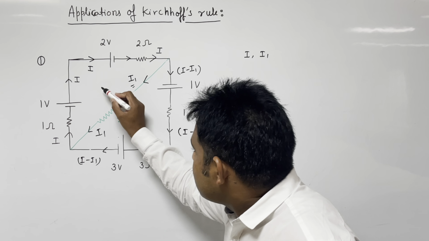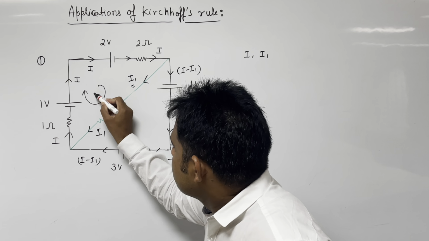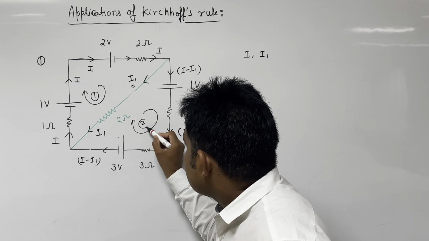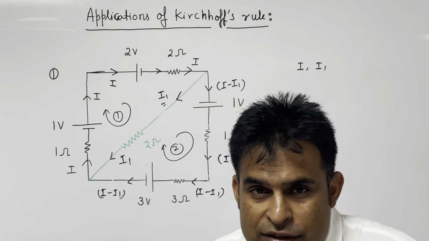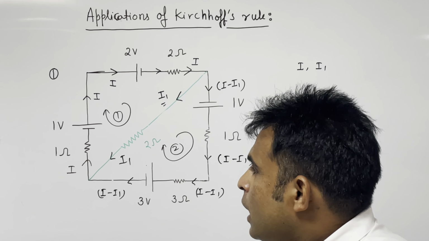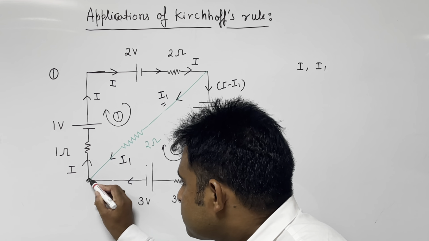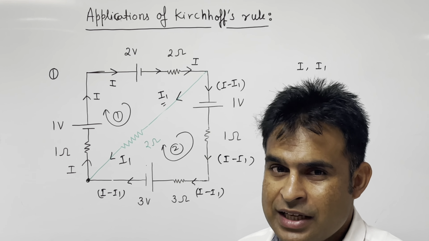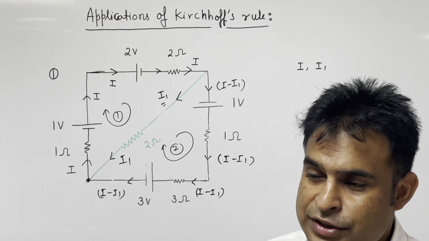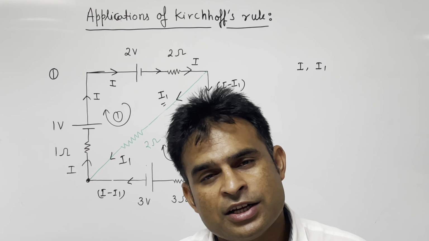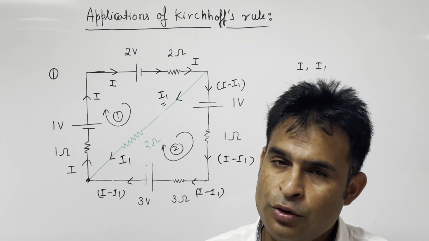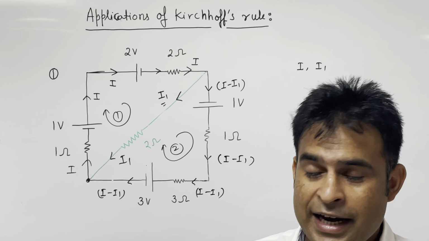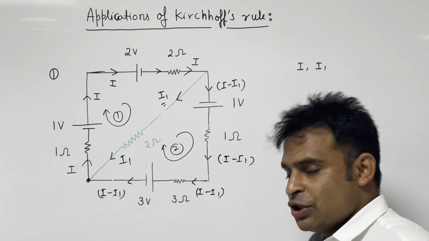So basically I am selecting these two loops. This is the first loop and this one is the second loop. So if you look at the first loop, there is a sign convention for that, like if we start from here, and I use my sign convention. I explained that sign convention in the previous video, KCL and KVL. I use my sign convention. If people know any other sign convention, if you follow it, no problem at all. But use only one sign convention. All sign conventions are right. So use only one sign convention, whatever you are using.